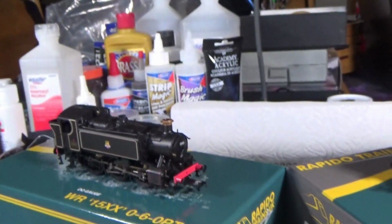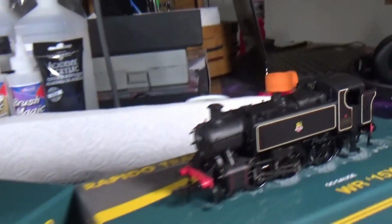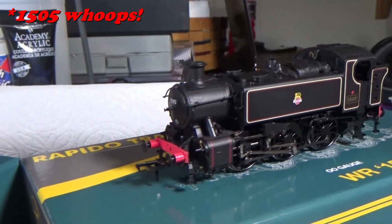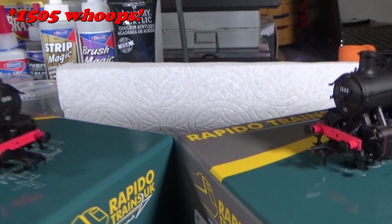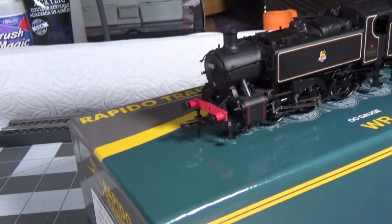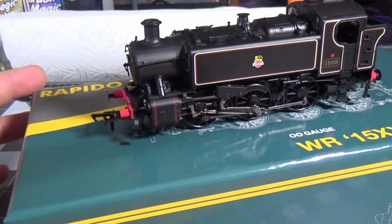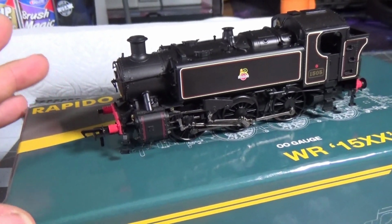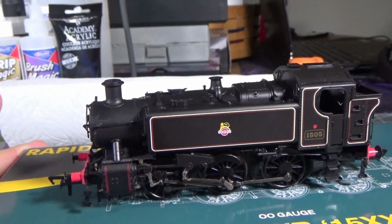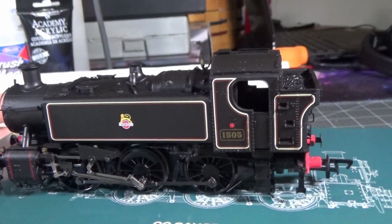So these models in particular. One is for me, which is this one, and this one is for a friend, which is 1501. This one was supposed to get an identity change, but like I said, quality is a problem, especially this year. So if we remove 1501 for a bit, and the reason why they're on the boxes is because I really do not feel like touching these things, because they're so much separately fitted detail. These things are really fragile. But if we look at 1505 here,